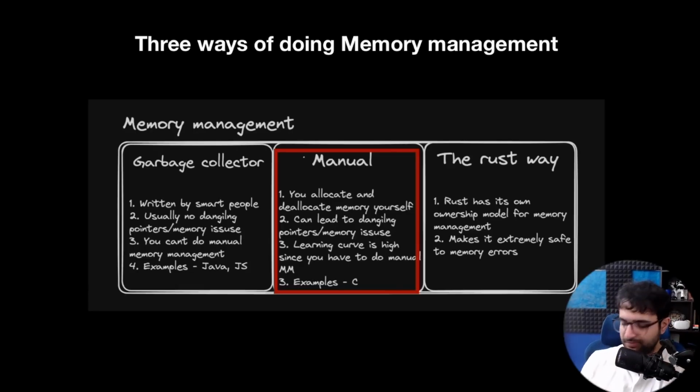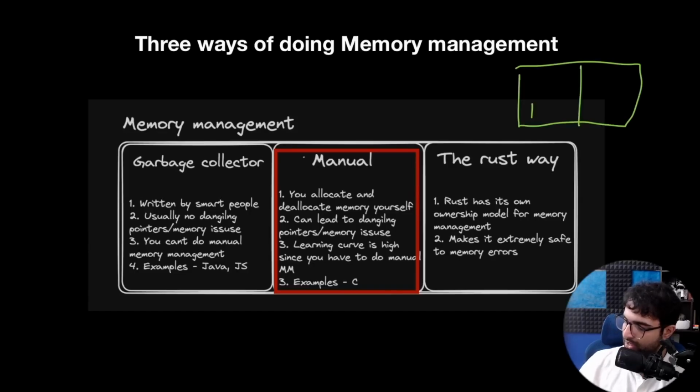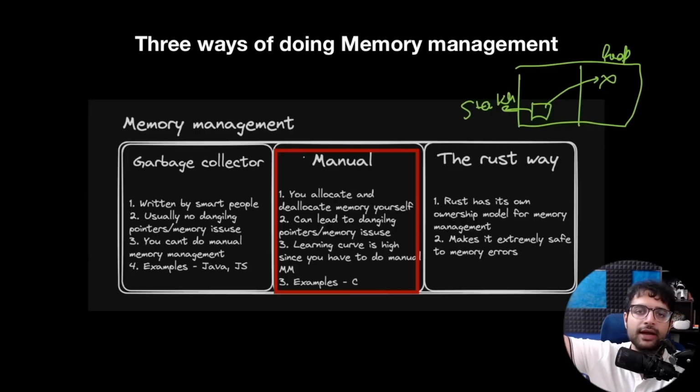What is a memory issue? You might have heard of this thing called a dangling pointer. If not, can you guess what a dangling pointer is? If I have some variable on the stack which points to some memory on the heap where no data exists, that is a pointer that is dangling. It is pointing to a random spot on the heap, which is why it's a dangling pointer. This is one of many memory issues that you might run into. You might have heard of